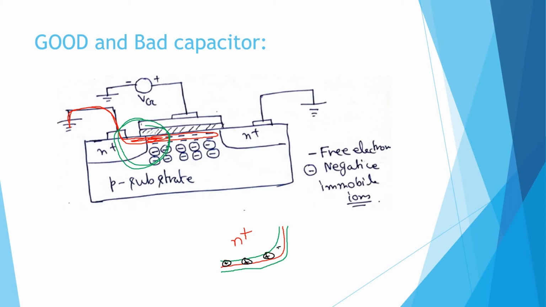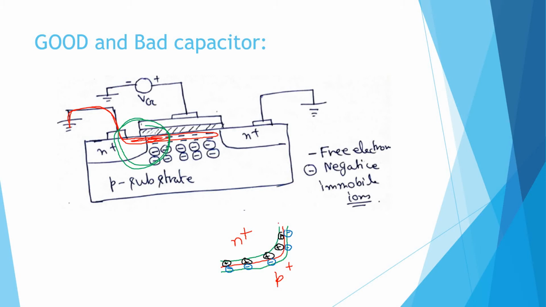In the N region there is an accumulation of positive immobile charges, and in the P region, what will happen? Let me draw in this color. This part is the P region. In the P region there are negative immobile charges. Not accumulation, you can say these are already present there. So basically these are the negative immobile charges. Positive and negative as a whole, as both are immobile, form the depletion region. Here it is P plus, which is basically the substrate, and this is the source.